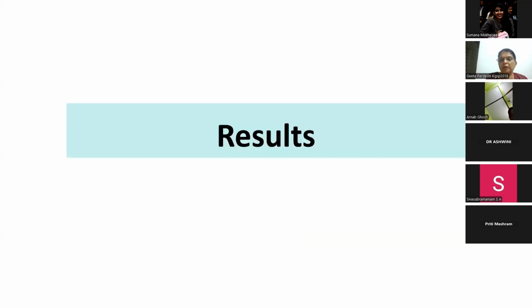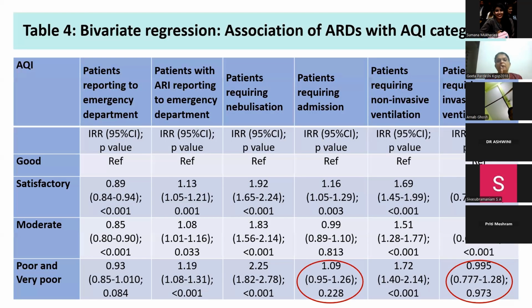So when you do a regression, you get, now this again is a very busy table. I don't know whether I should have taken all the 6 outcomes or just restricted to one, because you can just choose any one outcome and we'll just focus on that, because this will actually come in the results section. So anyone can just pick up any of these results for any column, any specific outcome. Say, as I said, if we are primarily interested in the number of ARI cases reporting to the emergency department,